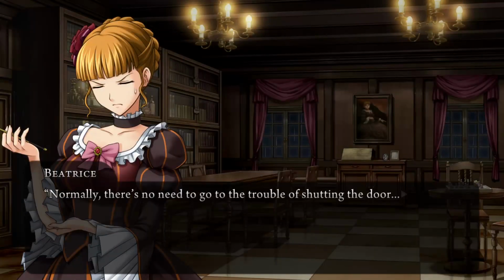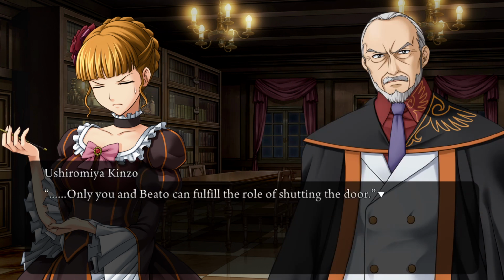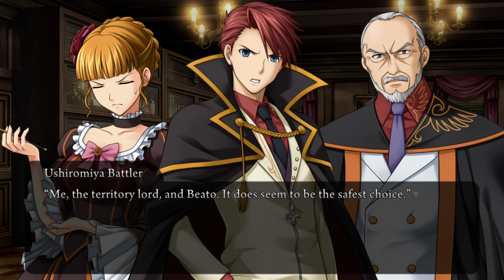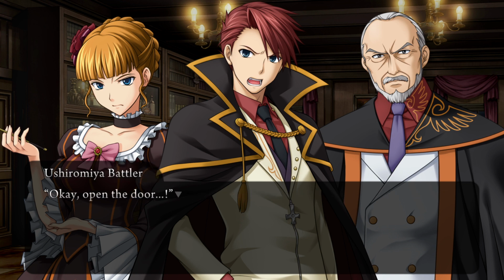普段ならばわざわざ扉を閉めることもないのだが、今回ばかりはそうもいかぬだ。 Yeah, it's like in your own house. What's the point of closing the door? お前とベアとしかおるまいぞ。 漁師の俺とベアとは一番無難な人選だな。 我ら二人だけなら身を守ることもなんとかなろうぞ。 Yeah, you can go all out just this once. 扉を開けてくれ。